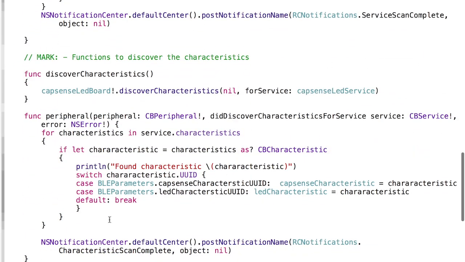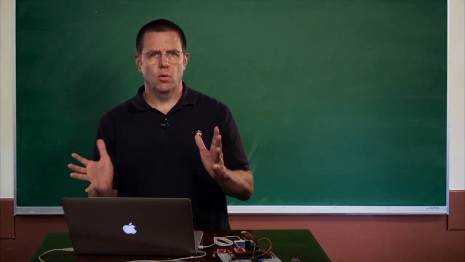Once I've scanned through all of the characteristics I've found, I save a reference to the characteristic if it's the CapSense characteristic, and I save a reference to the LED characteristic if it's there. Once you've got all this back and forth done,